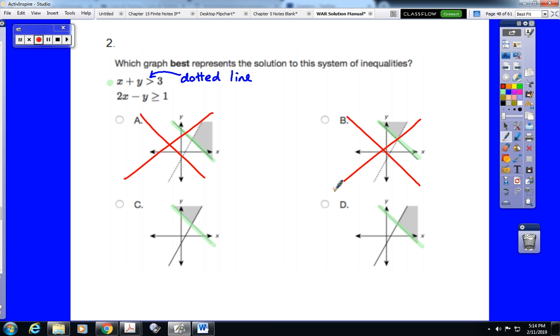Now, the other thing that greater than tells us is, if y is greater than something, that means we are shading above. Well, that doesn't help us narrow it down any, because both of these potential answers have areas shaded above that line. So we have to move to the other line. So this line should be a solid line. Of our two remaining answers, they are both solid lines, so that doesn't help us. And since y is greater than,